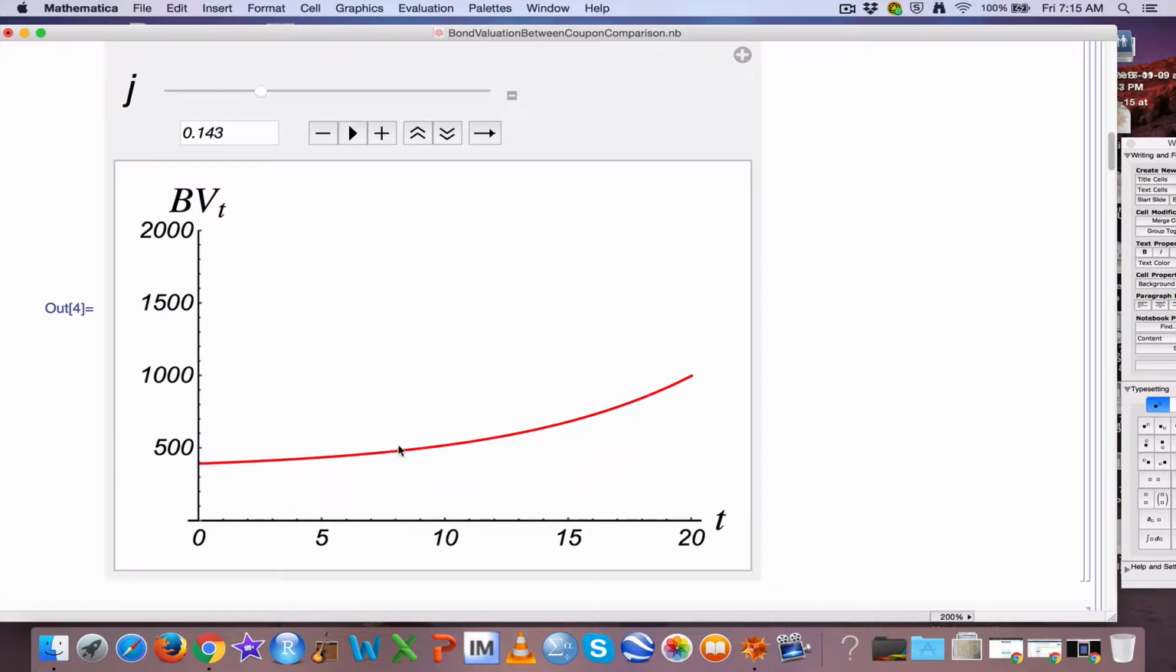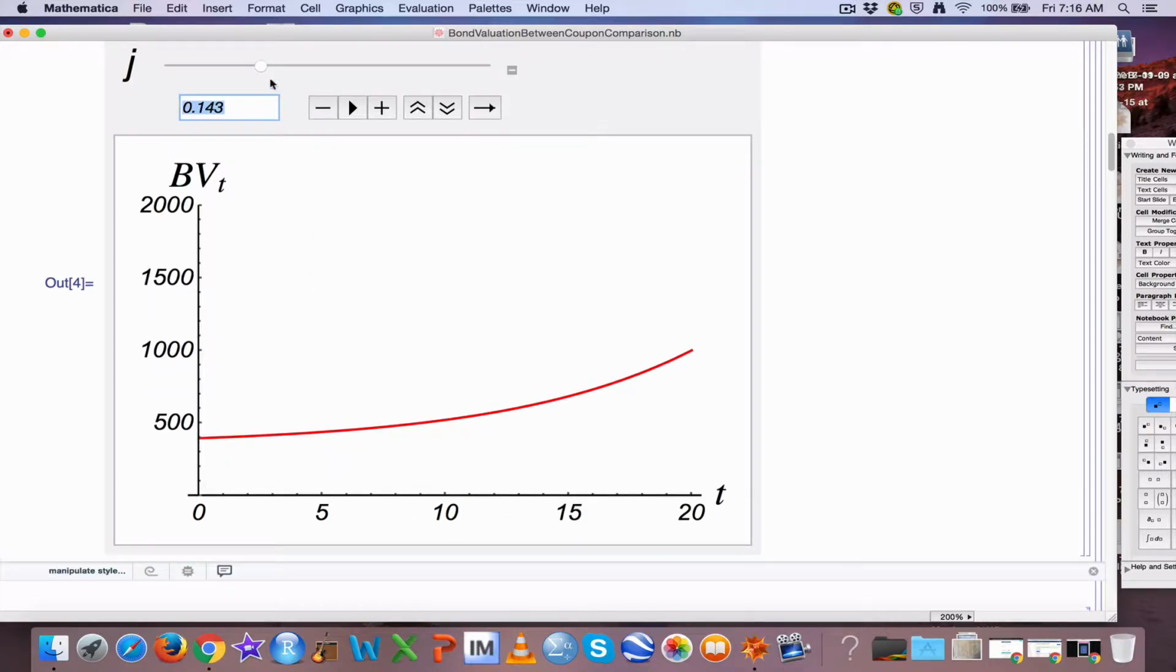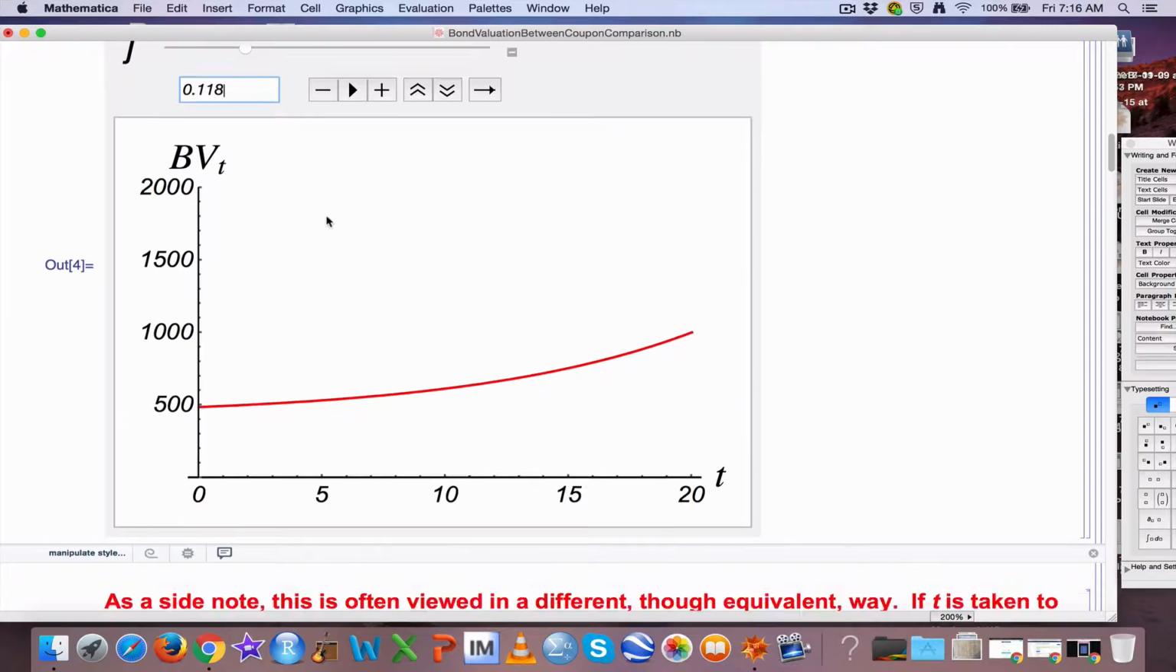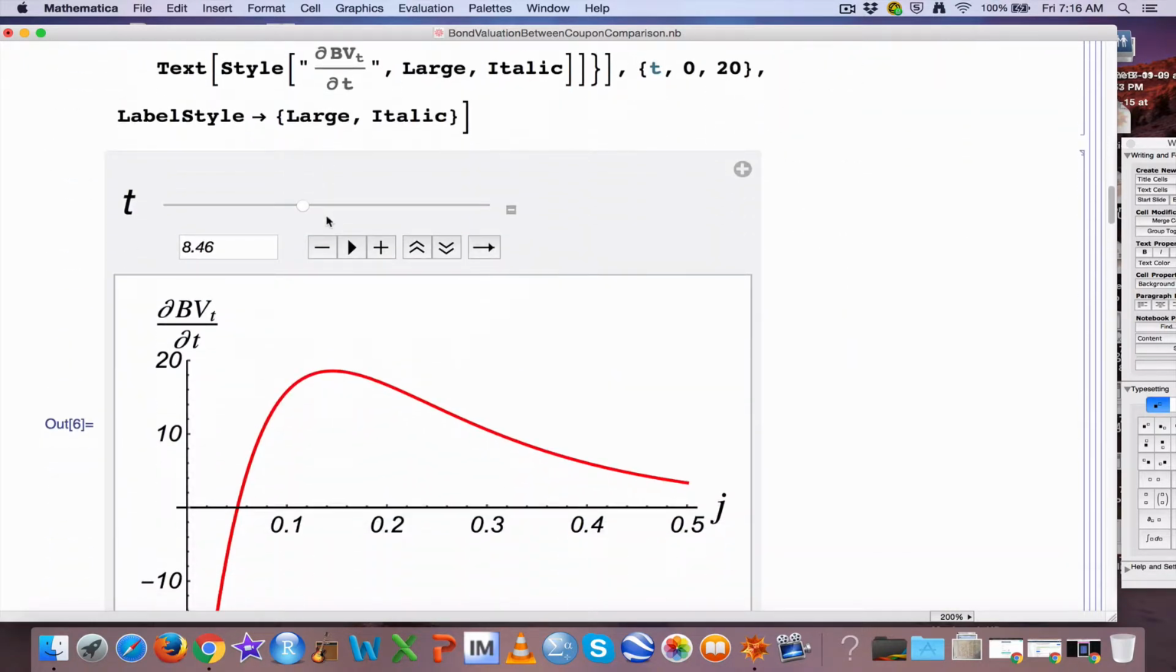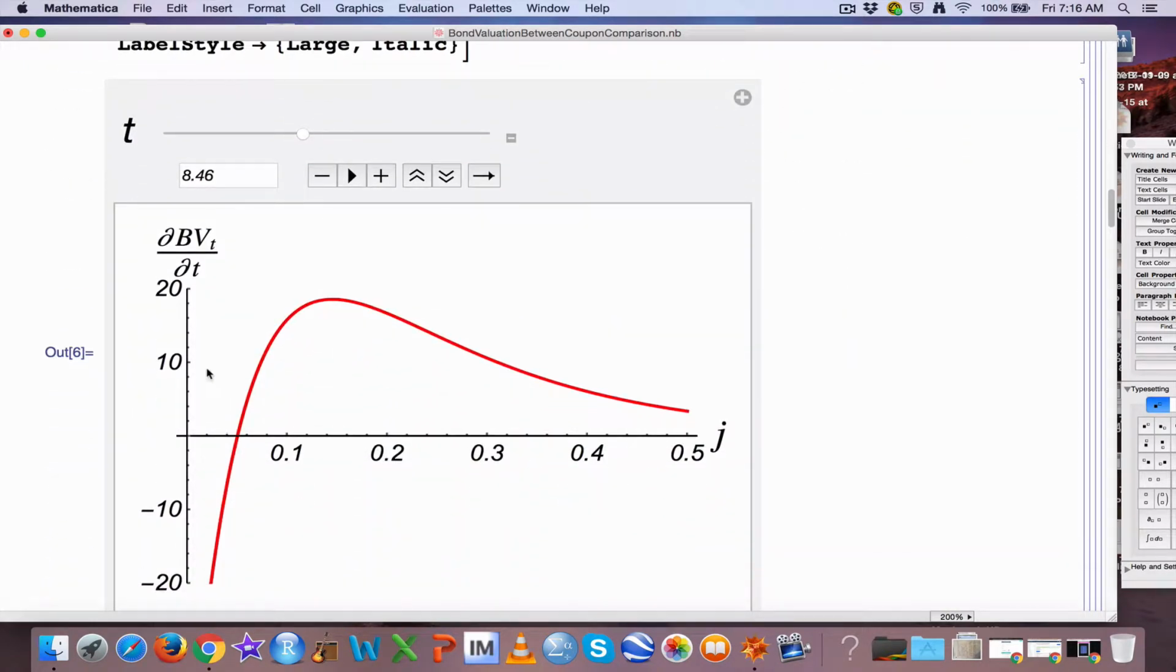Now that's difficult to tell for sure. At t close to 8, the slope right about there is maximized when j is about this much. It's tough to tell just by looking at the picture, but we are trusting what that derivative graph is telling us there. It's also telling us that when j is less than 0.05,